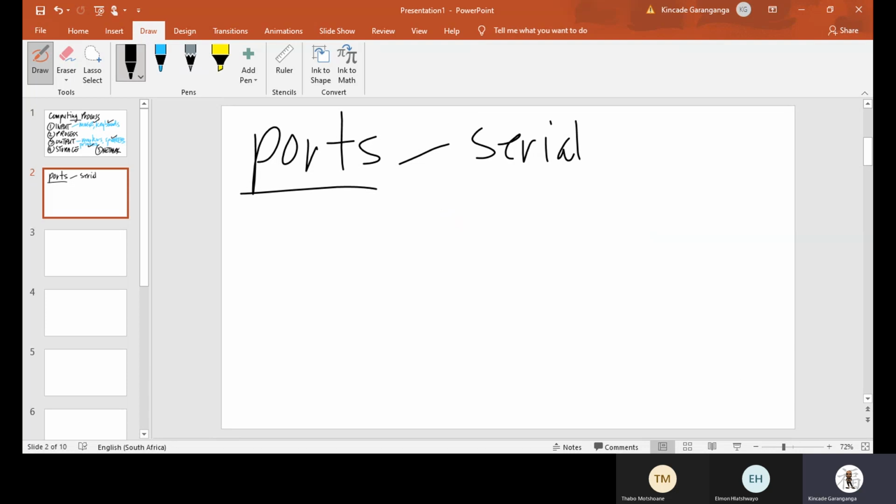So anything that is shared is bound to be a bit slower because you've got something that is not dedicated, if you want to look at it from a different point of view. But on the other hand, serial communication is point-to-point dedicated communication that is not shared. That's the reason why communication within that environment is a bit faster compared to your parallel communications. So initially, most older devices would connect to these serial ports,